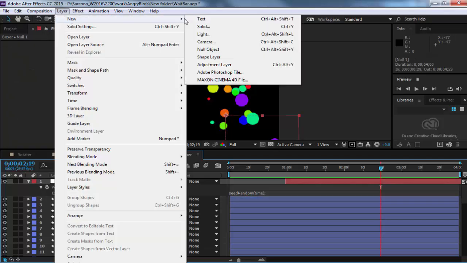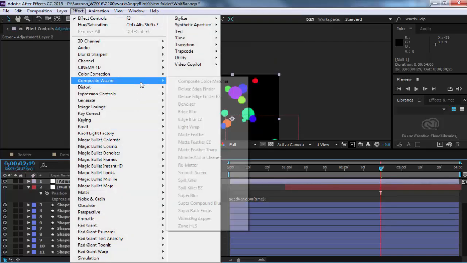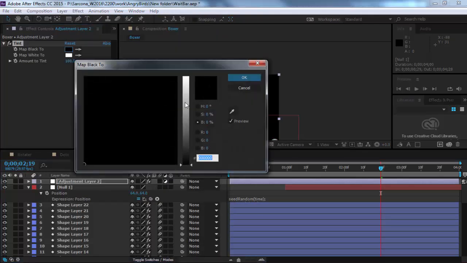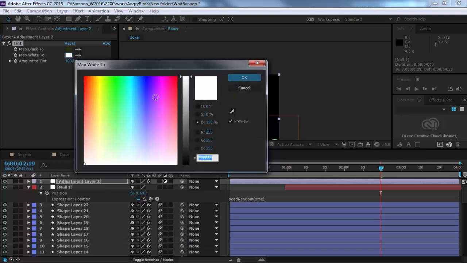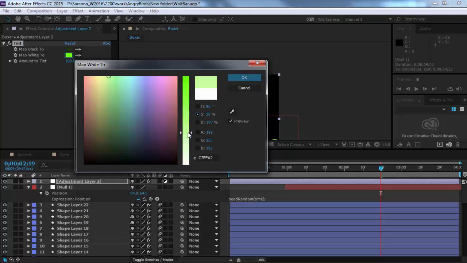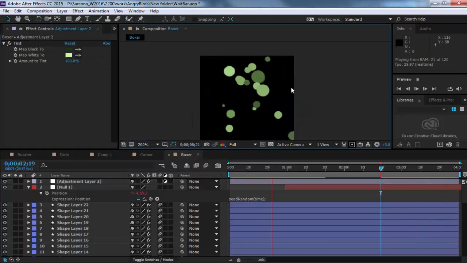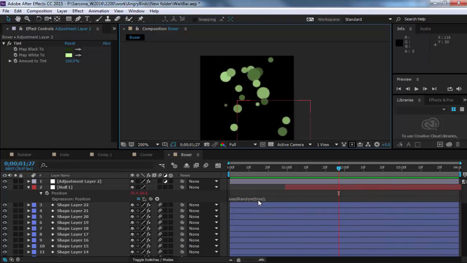And then I could always make a new adjustment layer on here if I don't like the colors it chose. And then on the adjustment layer, I could add a color correction and say tint this. And the blacks I want to be tinted dark green, and the whites I want to be tinted a light green. And so now, instead of having their colors, I have my own color range, but it's just a variance of it. I can do the same thing with opacity, the same thing with rotation, the same thing with any of these. Just these little chunks of code,